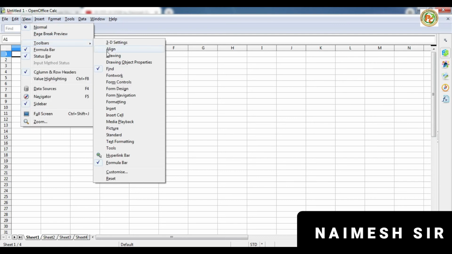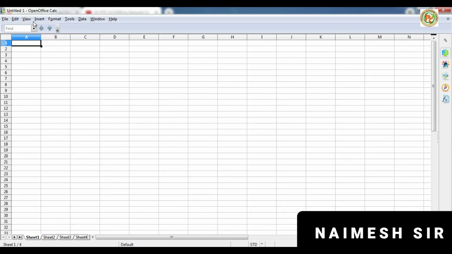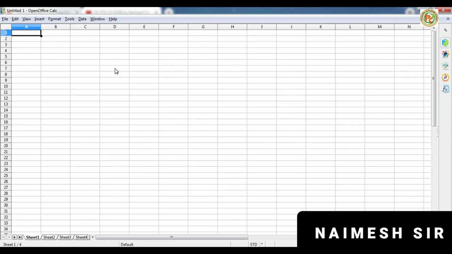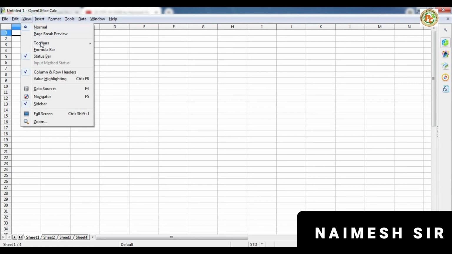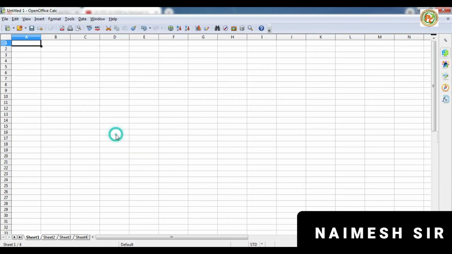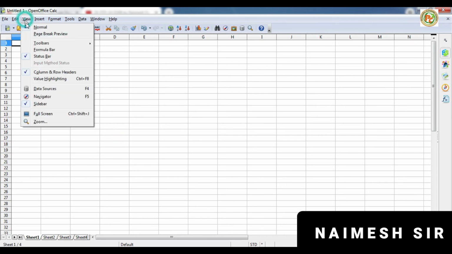Similarly, if you close the formula bar, it will disappear. And the same for the find dialog box. Now whatever you want, you can just click on View, go to Toolbars and click it. For example, I want the standard toolbar, so click on the standard toolbar and it is up here.